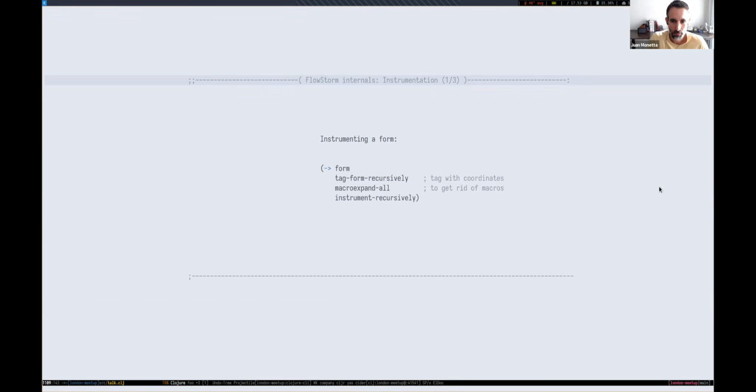Now I want to talk a little bit about FlowStorm internals. I mean, how it's done, how you can create something like this if you're interested in internals. So a high-level overview of instrumentation in particular is this thing here. We grab a form, any Clojure form, then we tag the form recursively. What this means is we walk the form tree and we add metadata to every node of the tree